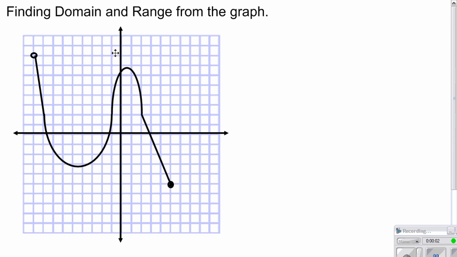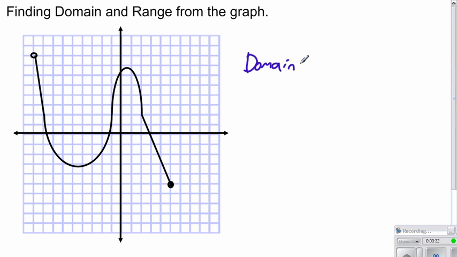In section 2.1, we talked about finding domain and range from an equation. Right now we're going to talk about if you're just given the graph. So remember, domain is related to your inputs, which are your x values. Range is all of the acceptable outputs that you might get from the function, so your y values. So when it comes to a graph, I think domain and range can best be summed up